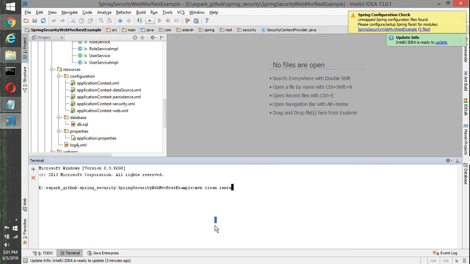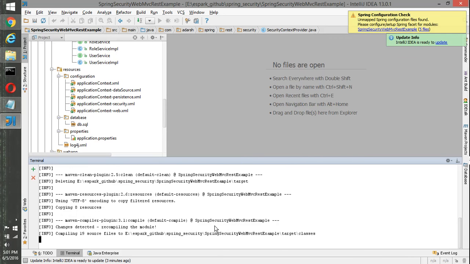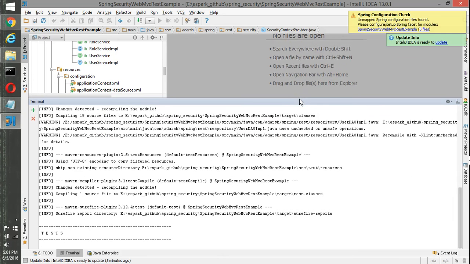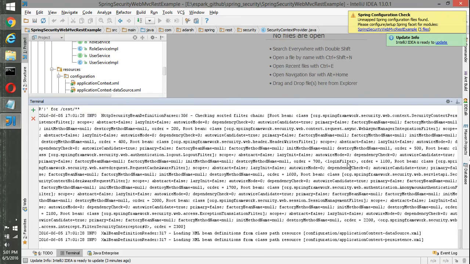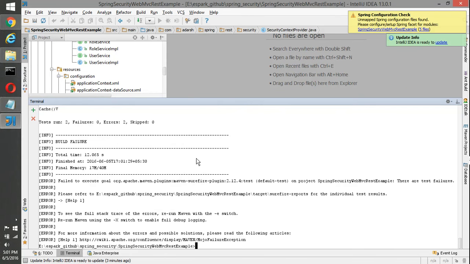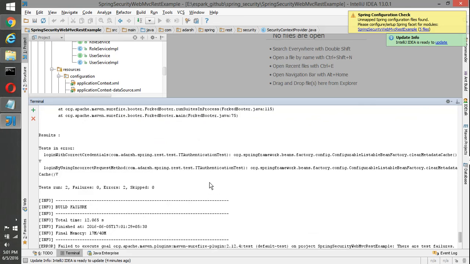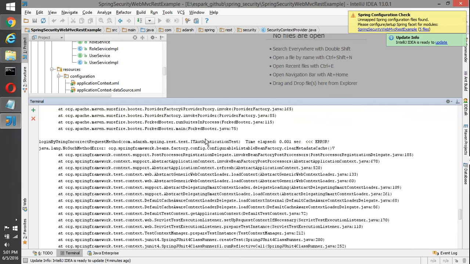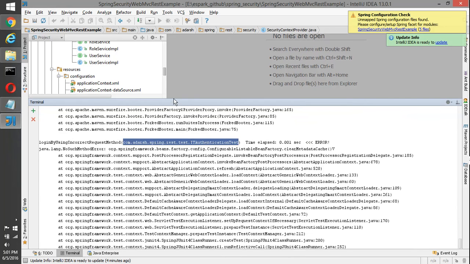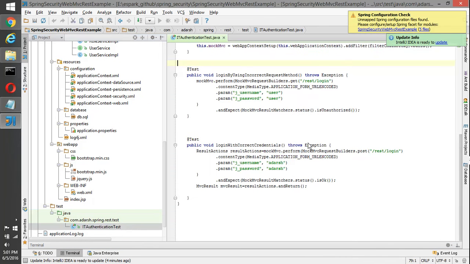Again, clean install. So my build has failed. I need to check what happened, what went wrong. Okay, my test case has failed.